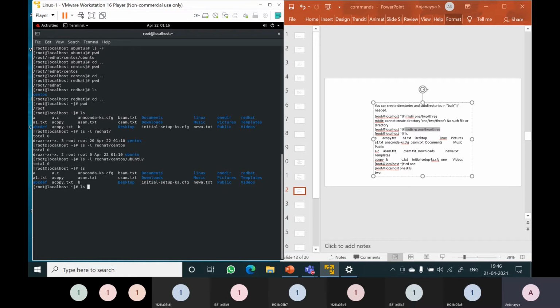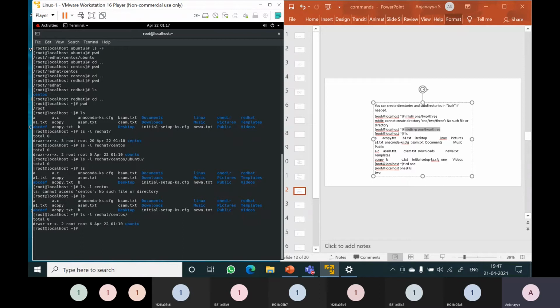Now you can't directly give ls -l CentOS, because CentOS is not a directory inside the root. Here you can see: cannot access CentOS, no such file or directory. Just type ls. So here CentOS is not present. CentOS is present inside the Red Hat directory. To see the contents of the CentOS directory, you need to type ls -l RedHat/CentOS.